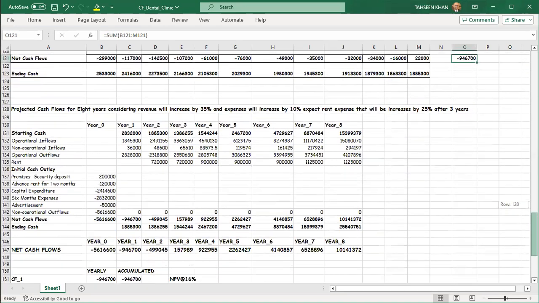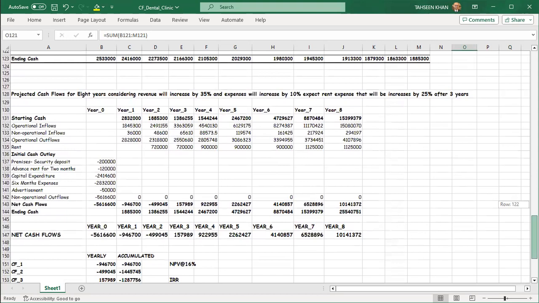Now, on the basis of our assumption, we are going to calculate the 8 years inflows and 8 years outflows for operational activity and the non-operational activity, and also calculate the ending cash. Now these are the cash flows for 8 years. On the basis of these cash flows,